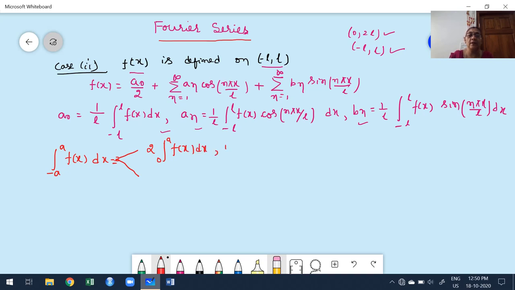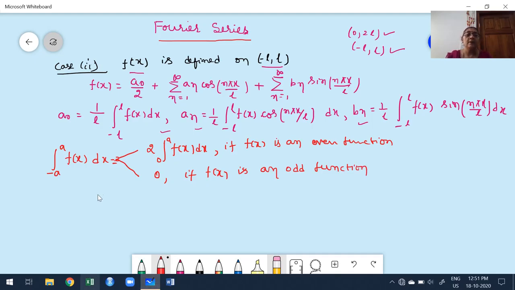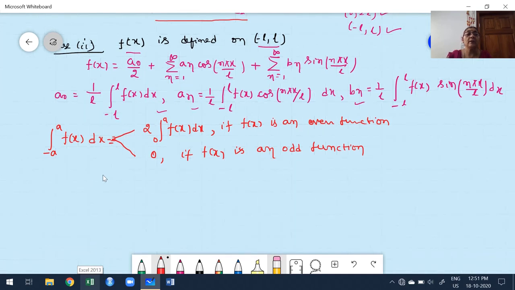if f of x is an even function. Suppose f of x is an odd function, what happens? This integral value is 0, if f of x is an odd function. This result we already discussed in the first class of Fourier series. Based on this result, we are going to take two subcases, only where the given interval is in the form of minus L to plus L. The first subcase is